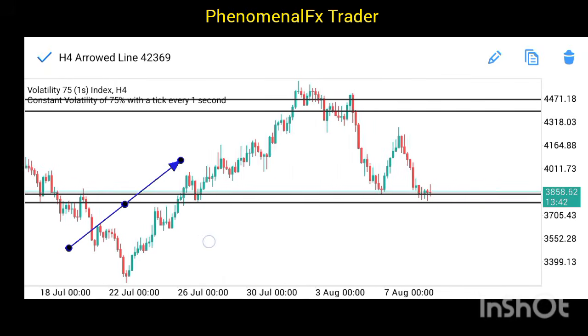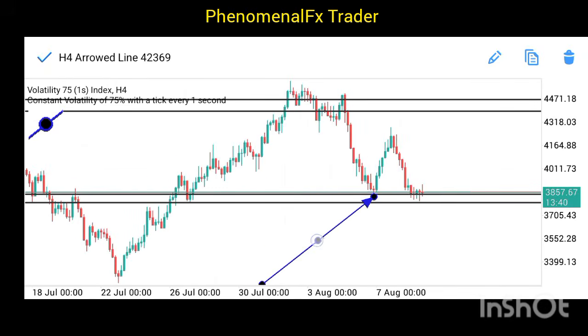That's the same zone. Then the market got to the same zone again. It bought, now it's back at this same zone, and we are having some series of consolidation. So what do you expect? You're expecting some buys on this pair, and the buys we will be having may possibly be a kind of retracement, because looking at the fact that we have a high here, we have a lower high here. This is another lower high, but it's not completely valid because it has not created a lower